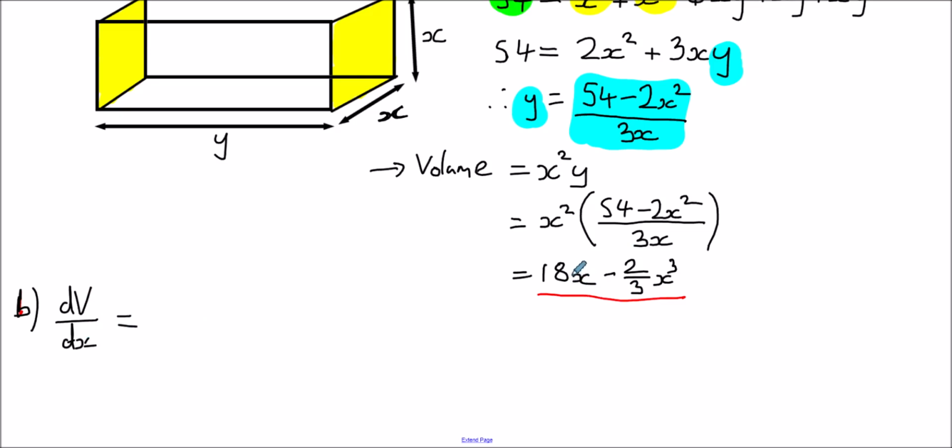And so the 18x becomes just 18. And the minus 2/3 x cubed, we bring the 3 to the front, so it multiplies for 2/3. So minus 2/3 multiplied by 3 just gives us minus 2. And we drop the power of x by 1, so x cubed becomes x squared. So this is going to be a turning point, be it a maximum or a minimum, when dv by dx is equal to 0. So let's just say this equals 0